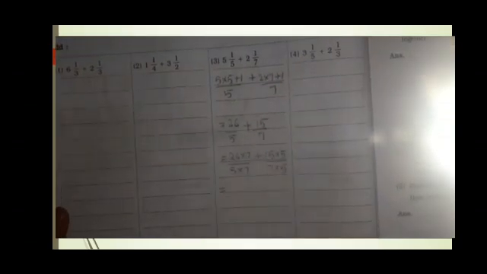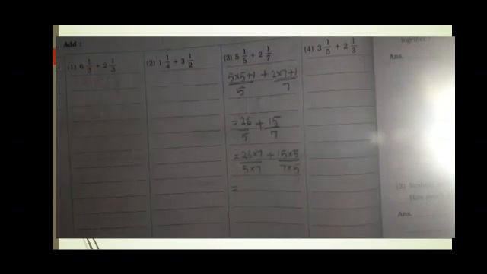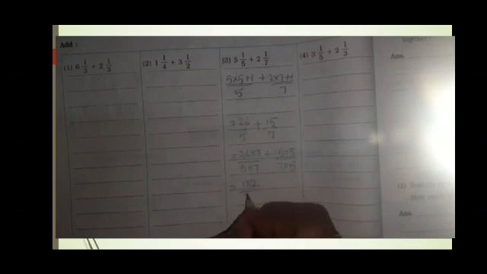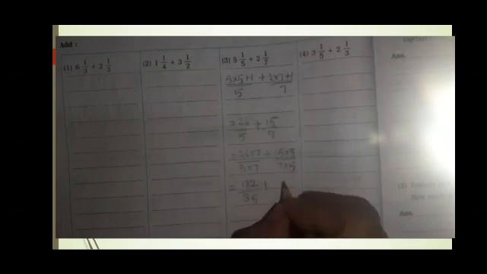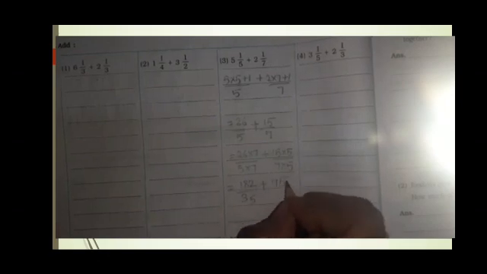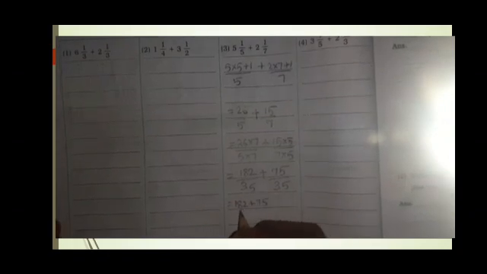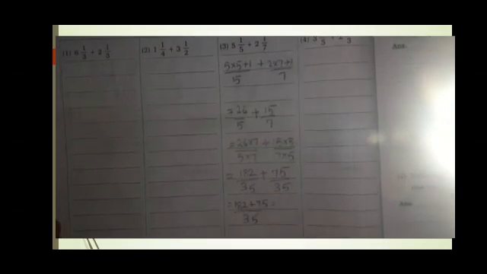Now 26 sevens are 182 upon 35 plus 15 fives are 75 upon 35. 182 plus 75 upon 35. So you got the answer